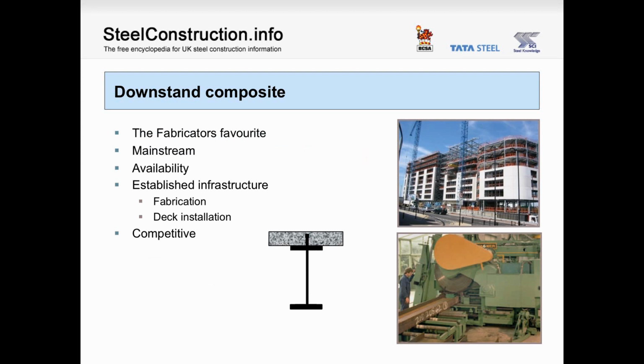Looking at each in a little more detail, we can see that the downstand composite is very simple. It's straightforward both as a design concept and as a fabrication process. This is the fabricator's favourite because sections run steadily through the shop, subject only to standard processes, making it very efficient for them. It's mainstream. It's the default system used in the market. Availability isn't an issue as it uses standard sections. There's an established infrastructure both from a fabrication perspective and for deck availability and installation, so it's a very competitive